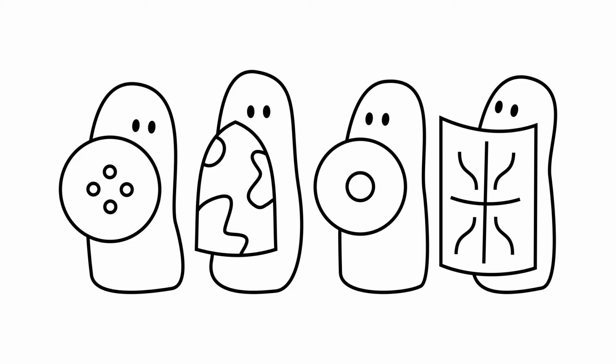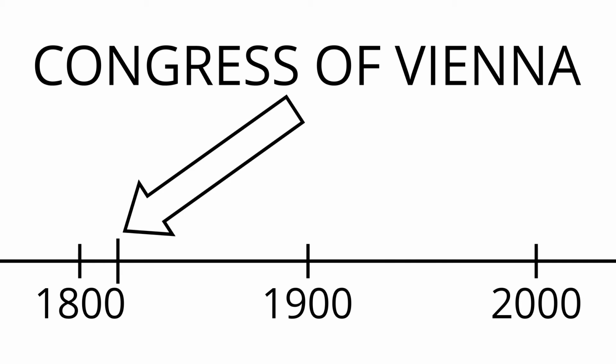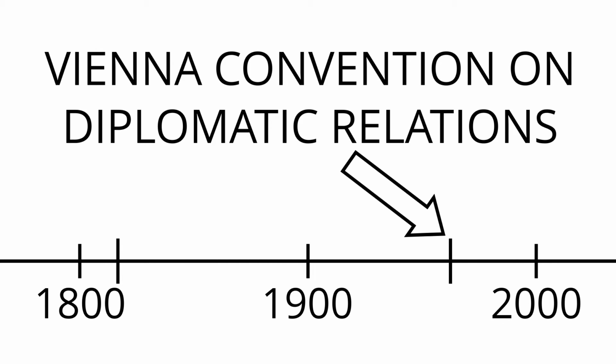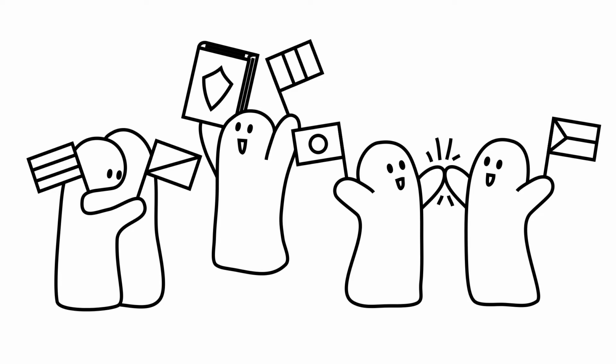This idea grew and spread during the Renaissance, and in 1815, the Congress of Vienna produced the first modern international treaty concerning the rights of diplomats. This framework was further codified in the Vienna Convention on Diplomatic Relations in 1961 and the related Vienna Convention on Consular Relations in 1963, which have been ratified by nearly every nation and serve as the basis for modern diplomatic